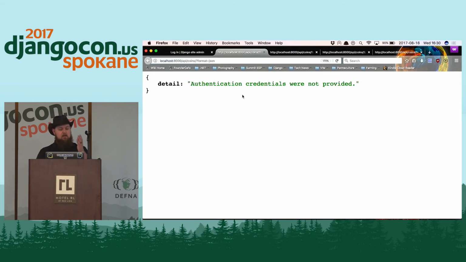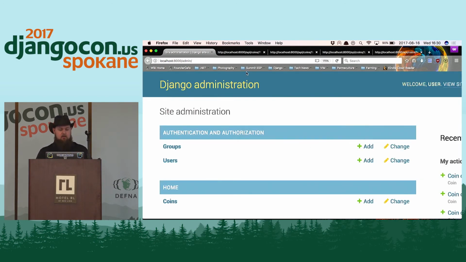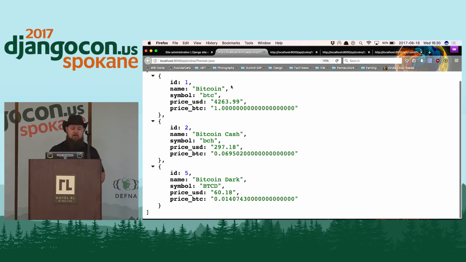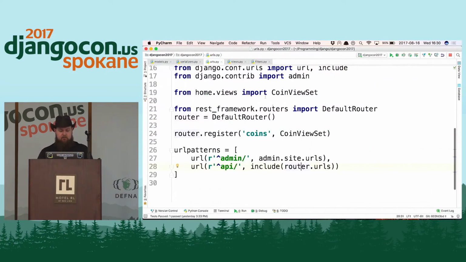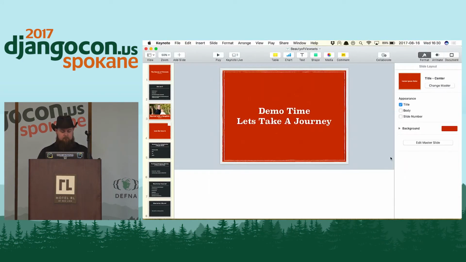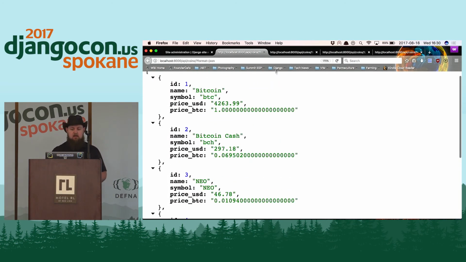So if we refresh the page, authentication credentials are required. So we log in. Now we're logged in. If I refresh the page, we're getting all of our bitcoins. This has the bit filter on it. If I comment that out and refresh, now I have the 5 bitcoins that were in my database.